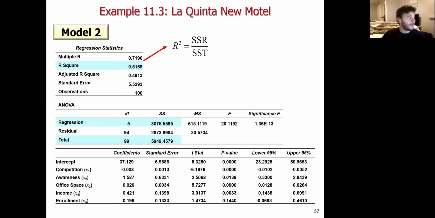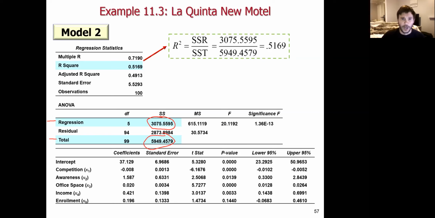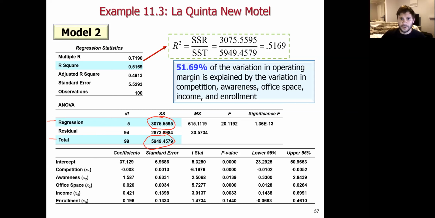blue up there. And it is the sum of the squares from the regression over the sum of total squares, right? So that's why these rows in the ANOVA table here are highlighted. You can take the top row divided by the bottom row. SSR divided by SST will give you this value as well. So again, the way we'd interpret this here is about 51.69% of the variation in the operating margin is explained by the variation jointly in competition, awareness, office space, income,